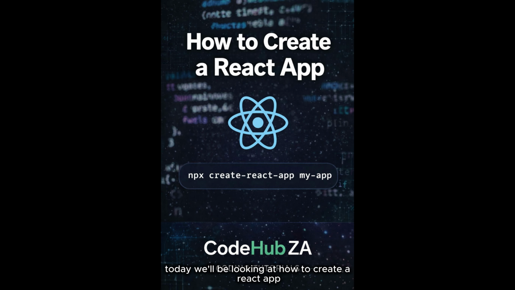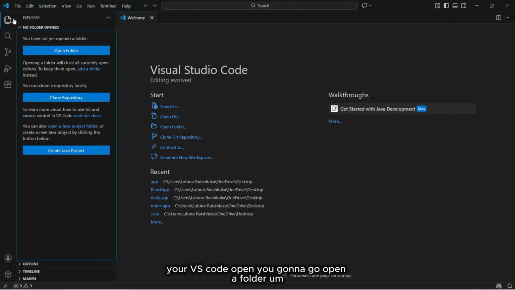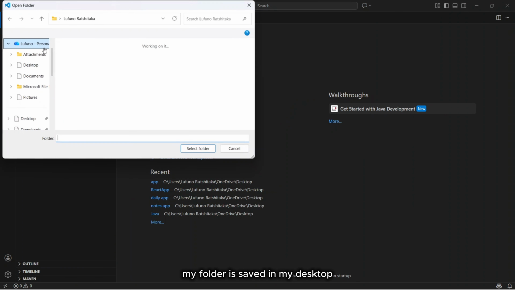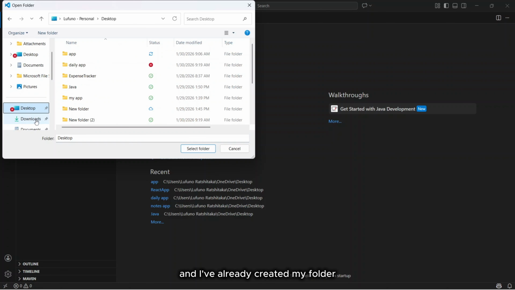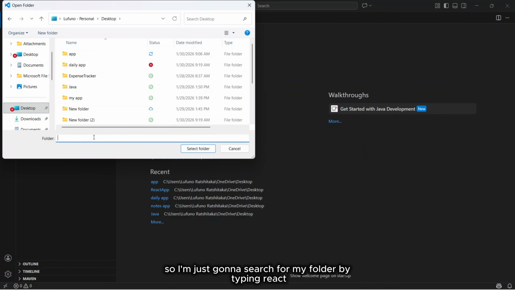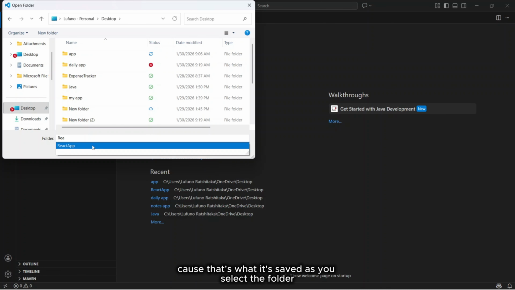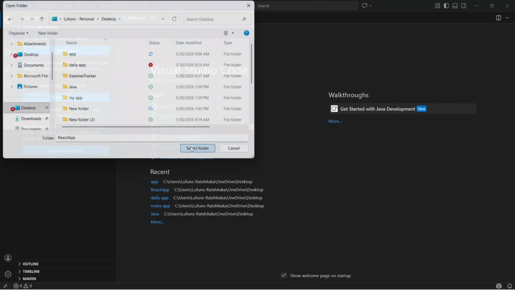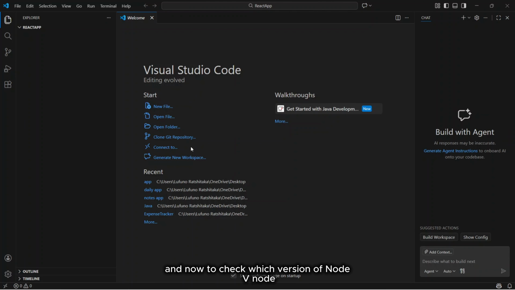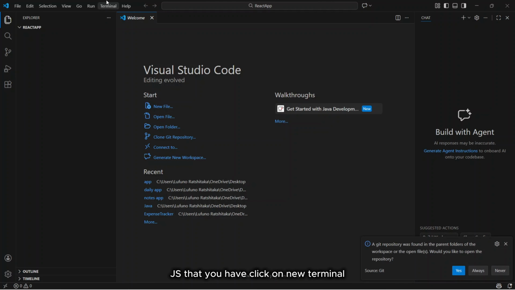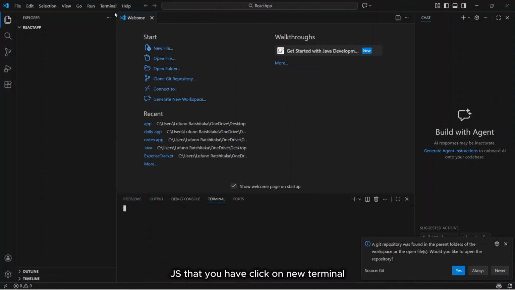Today we'll be looking at how to create a React app. With your VS Code open, you're gonna go open a folder. My folder is saved on my desktop and I've already created it. So I'm just gonna search for my folder by typing React app because that's what it's saved as. You select the folder, and now to check which version of Node.js you have, click on New Terminal, and